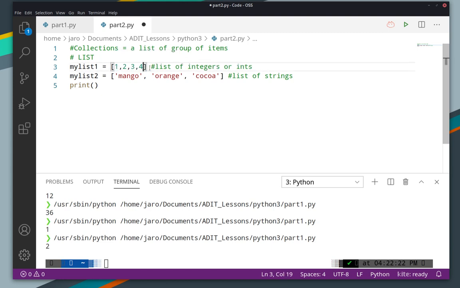So for example, this number, this number, this number. It doesn't matter what the number itself is, the index is always the same. The index starts from 0, so this number 12 has index